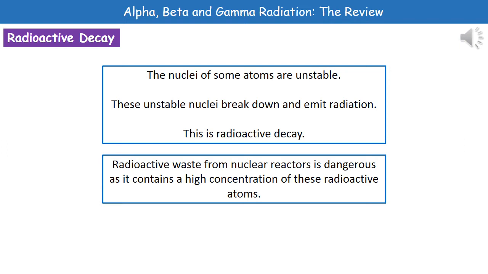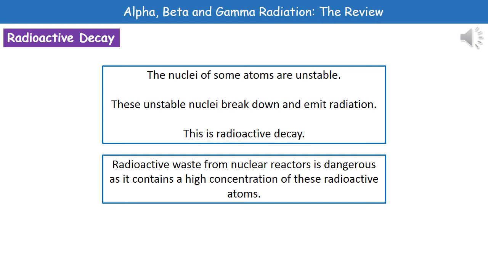First thing we need to understand then is what we're talking about when we refer to radioactive decay. Now, what we find is that the nuclei of some atoms are unstable. So what then happens is, because they're unstable, those unstable nuclei are going to break down, and as they do this, they emit radiation. So that is the process of radioactive decay, and that's how we get this radiation being